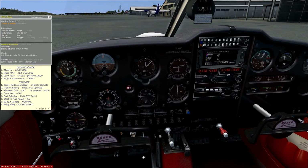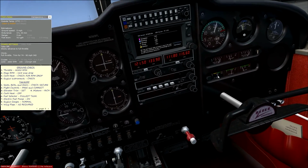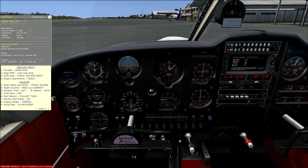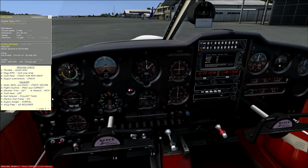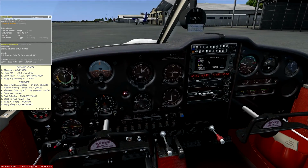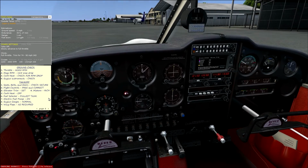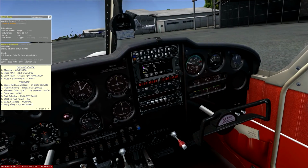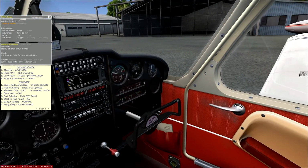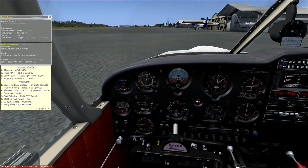Check the carb heat. Engine instruments, pressures, fuel pressure, temperature. All that is good. EGT gauge is working. And we'll come back on the mixture. Alright, she is running a little bit rougher than I remember, but I think it's either because I leaned the mixture a bit too much, which I kind of have to do to keep the plugs from fouling, or she's just been, you know, stored away for a bit too long. Anyways,